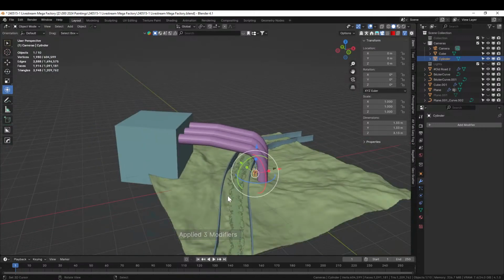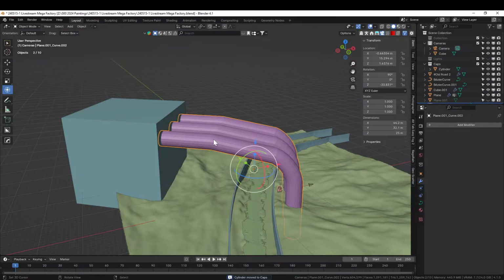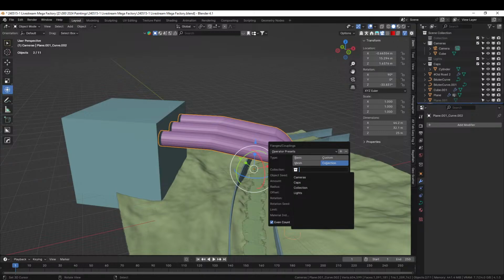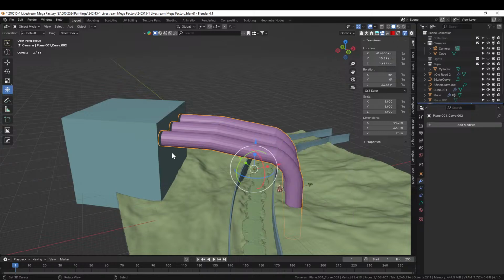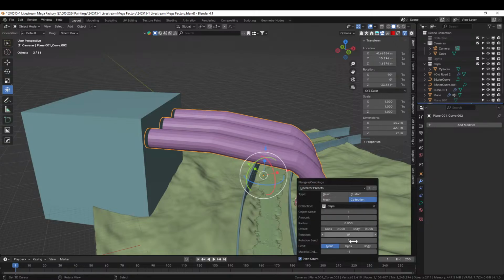Now, I want to try something. I've never actually tried doing this before, but, you know, M, new collection to caps. Sure. Here, Q, or Shift Q. Flanges, couplings. Oh, we can just do from mesh. We don't have to do, well, collection is fine. Caps. F9. Caps only. Radius of,